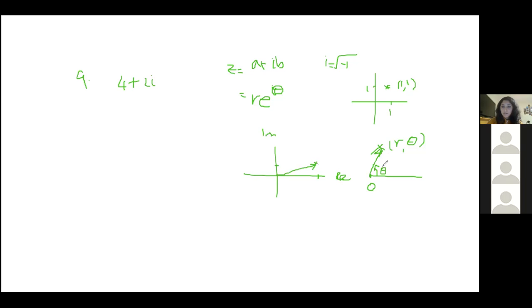Look, this looks awfully similar to this diagram here. So we have this vector, we want r and we want theta. How do we do that? First of all, we try to find the magnitude, r. How would you do it for vectors? Exactly the same as we've done in the previous question. So you do 4 squared plus 2 squared. 4 squared is 16, 2 squared is 4. That is square root of 20, which is 2 root 5.